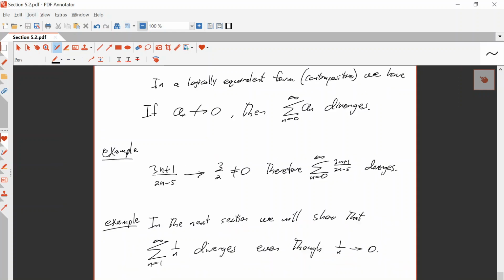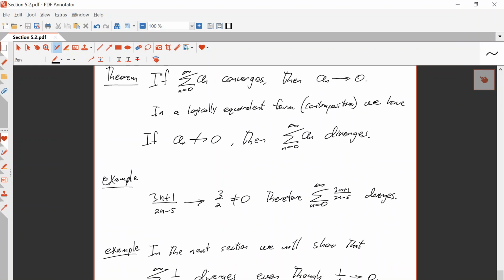You can't really turn around an implication. Right? If the series converges, then the terms go to 0. Not if the terms go to 0, then the series converges. Right? They're not the same statements at all. For example,